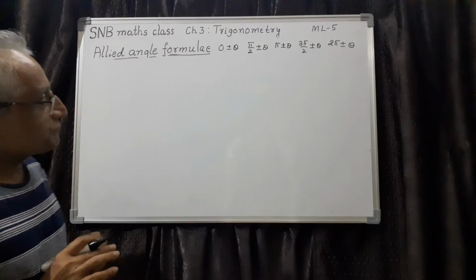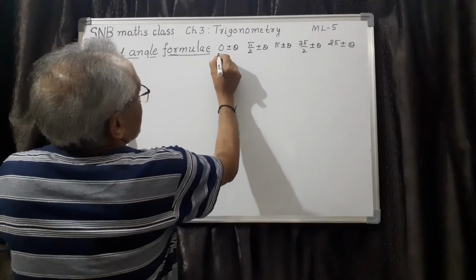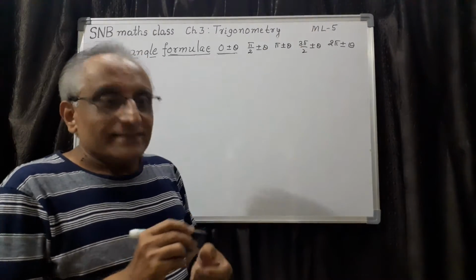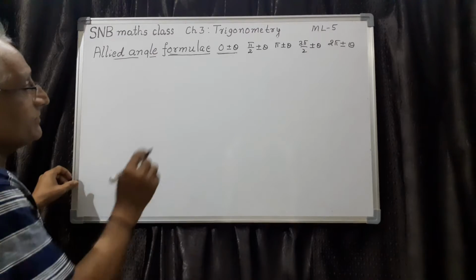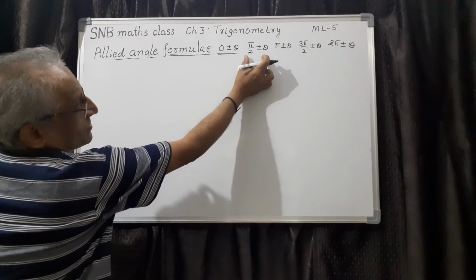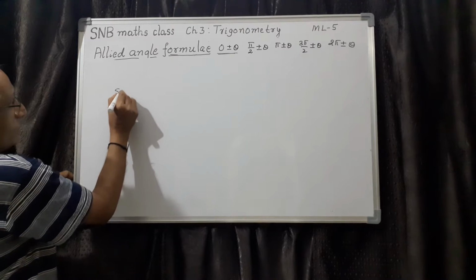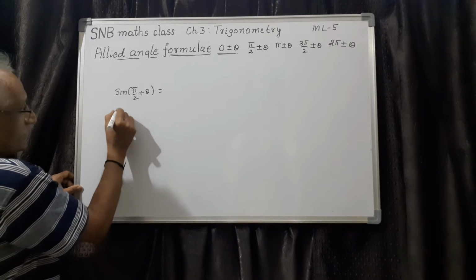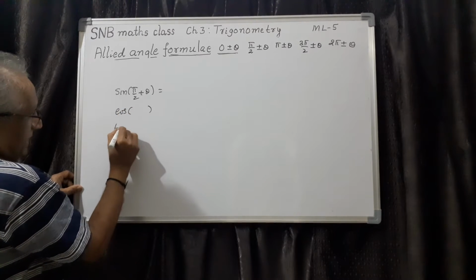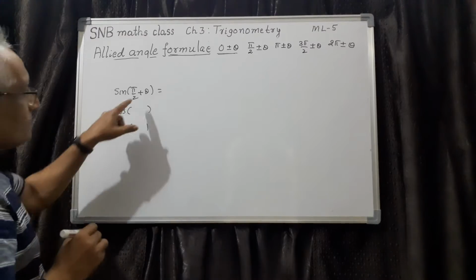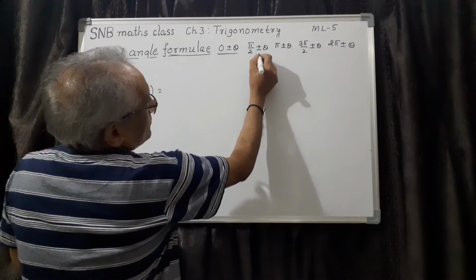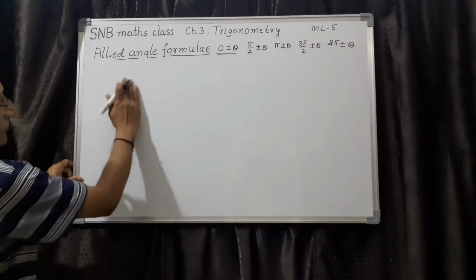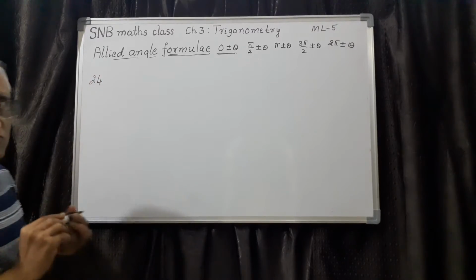Formulas you have to derive. I will not take this one first. Let us take it later. Let us first consider only these 1, 2, 3, 4. See, the thing is this. If you take a set, say pi by 2 plus or minus theta, what is sine of pi by 2 plus theta? You have to write the formula. Similarly, cos, then tan. With the same thing for minus, with this you have to write 6 formulas. Here also 6, 6, so totally 24 formulas you have to derive actually.